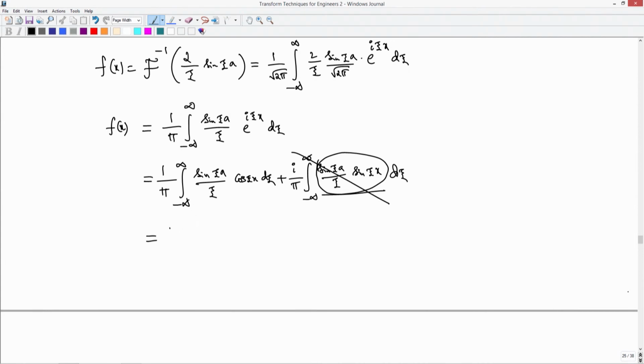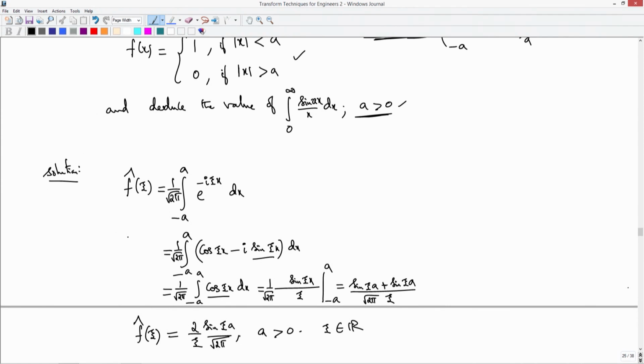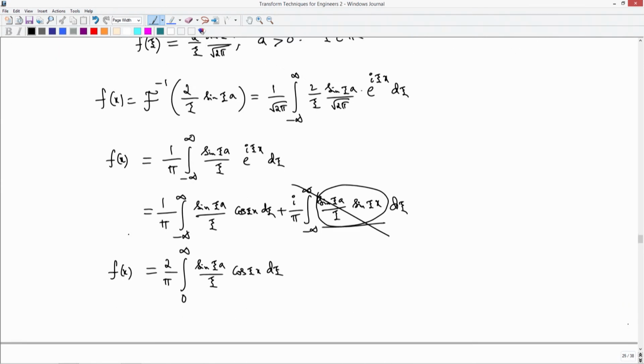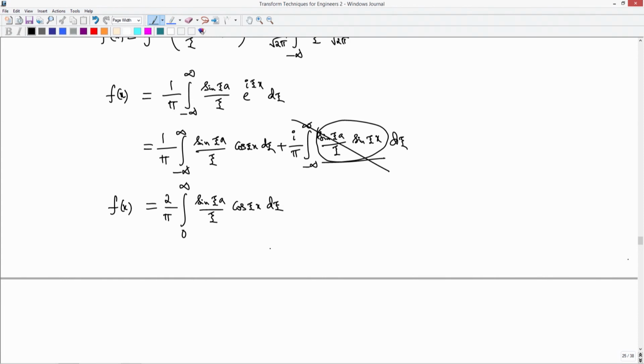So, you end up getting 1 by pi, and the remaining part is an even function, so 2 comes out: 2 by pi, integral from 0 to infinity of sin(xi a) by xi cos(xi x) d xi is my f(x). So, what is my f(x)? Given, it is 1 if x is less than a. So, if you allow x to go to 0,